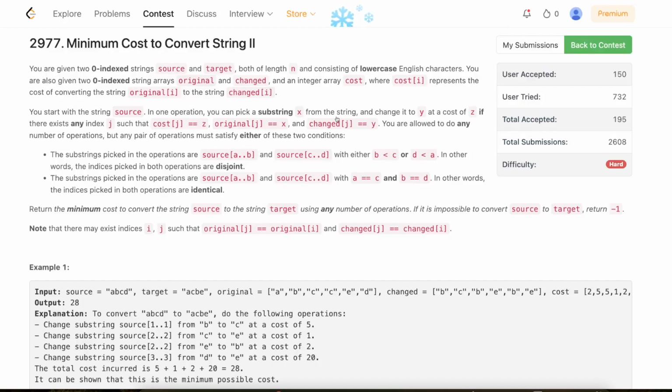Hello everyone, welcome back. In this video, we'll be discussing the last problem of today's weekly contest, minimum cost to convert strings 2. The problem is very interesting and a bit hard as well, but as always, I'm very confident that if you stick till the end, you will be able to understand